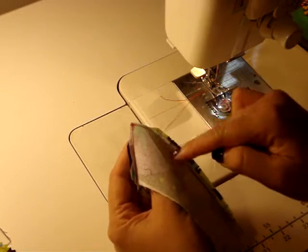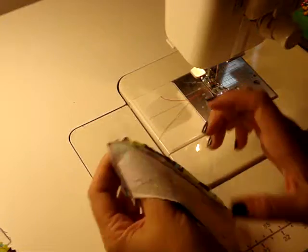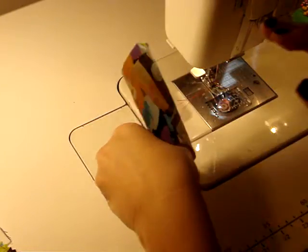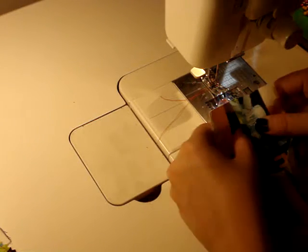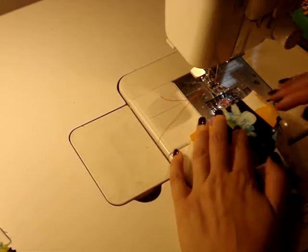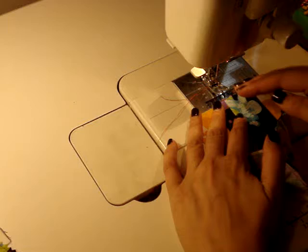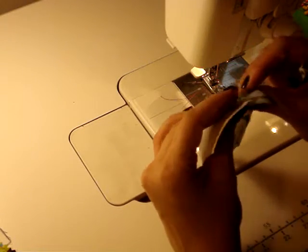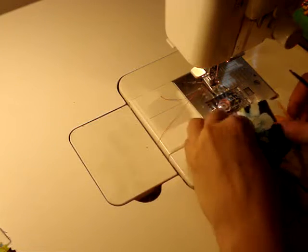We probably won't be able to get all the way to the tip in here, but what you're going to have to do is work on the inside, and then as your presser foot and your needle get closer, you're just going to have to really manipulate your fabric the best that you can, and when you can't get your presser foot any closer, that's when you stop. Hopefully you'll give this a try. I know that it's probably going to be a little bit difficult because we are working with quite a few pointed areas, and our presser foot and needle can only get in so far, but it's always good to try our best. So again, I have my seam allowances pressed over towards my undercollar, which has that interfacing fused to it,